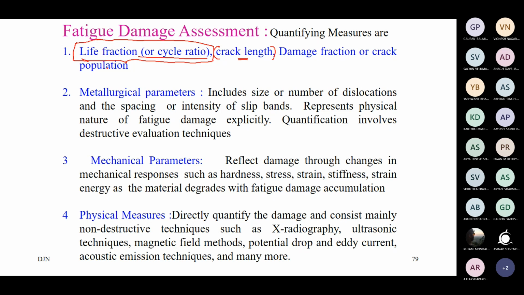Okay, so there is a possibility of considering various parameters. Now it is left to the designer, depending on what requirement he is going to plan and which parameter he wants to address. Its feasibility of measuring that parameter becomes quite important, and with what accuracy or at what time period you want to measure, all these must be clearly stated by the designer when you are planning to use these type of metallurgical or mechanical related parameter for the damage quantification purpose.